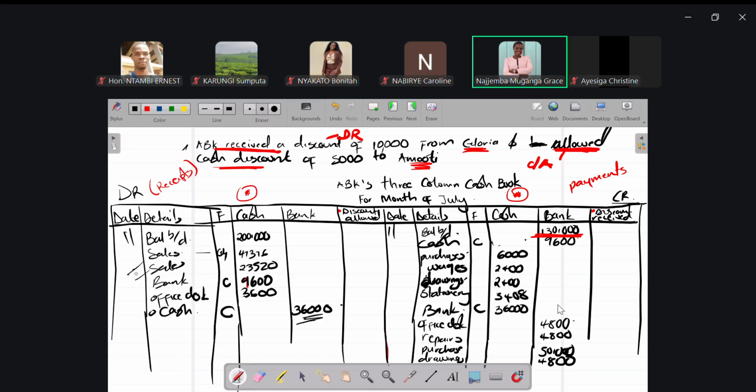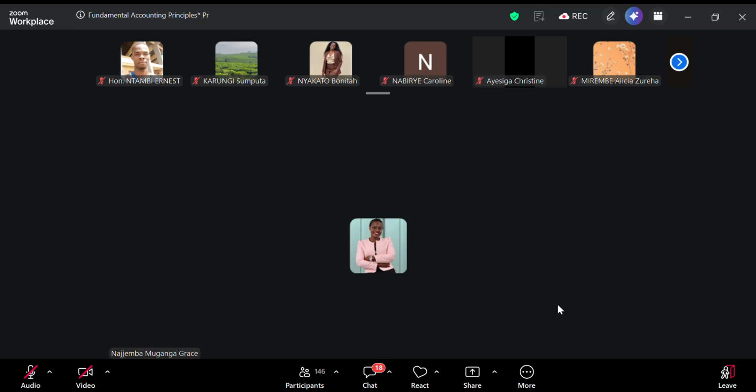Items in the cash book appearing on the credit side will always be on the debit side in their individual account. It means if you're crediting the cash book with purchases, in the purchases account you will debit. If you're crediting the cash book with wages, in the wages account you will debit. So all items appearing on the credit of the cash book will be on the debit side in their individual accounts. And the ones appearing on the cash book